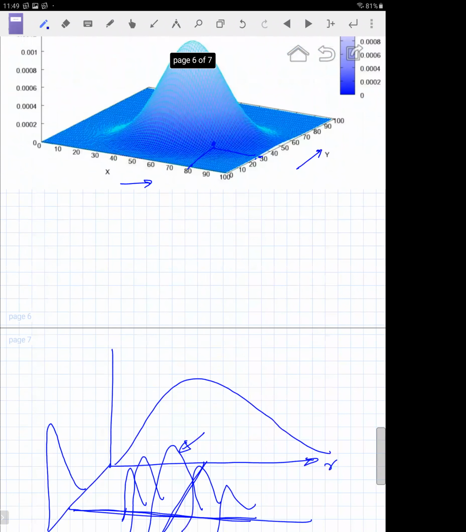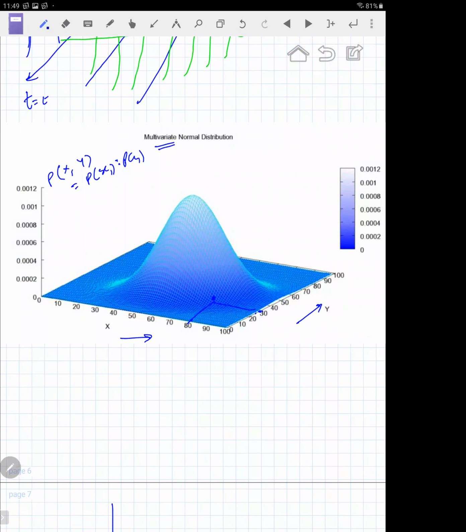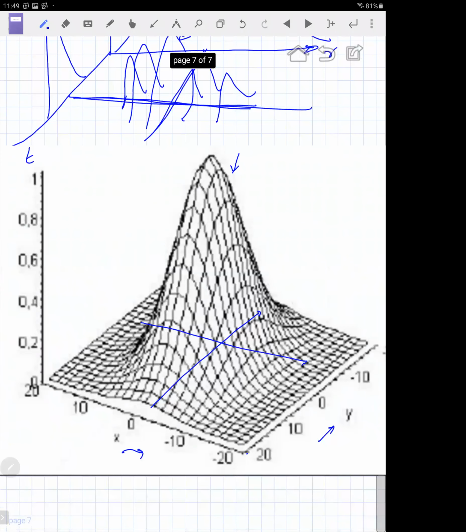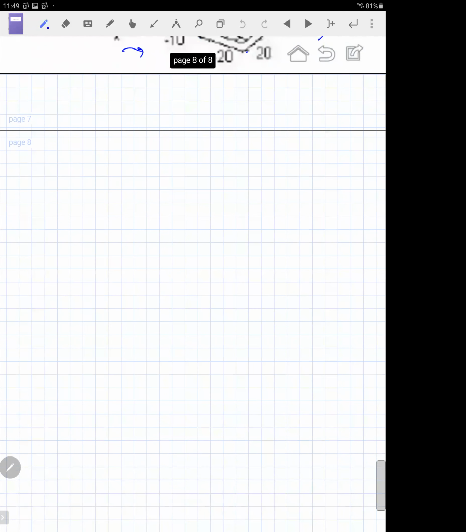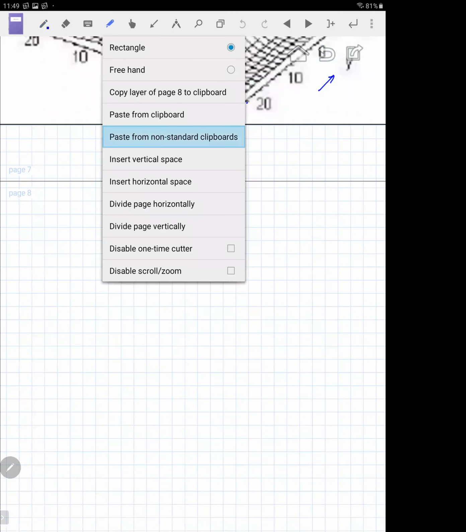So again, this is called a multivariate normal distribution, but because we have two axes, it's called a bivariate distribution. Now, why did we go through all of this? Okay. One more picture I want to show you before we venture into why we are doing all of this, right? There's something called a scatter plot and a contour plot when you see a multivariate distribution. Let me pull out another picture.